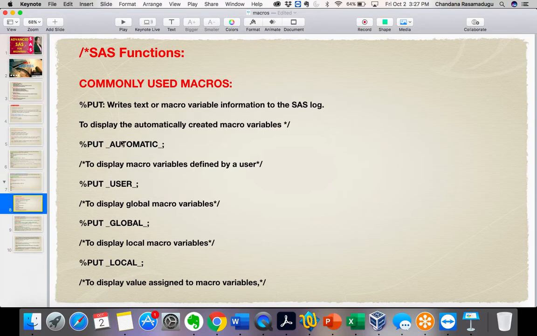See, by using the %put statement, we can display the values of system defined macro variables. The macro variables are created automatically when SAS is started. So those types of system defined macro variables we are able to print by using this %put. Okay, so let's go on.